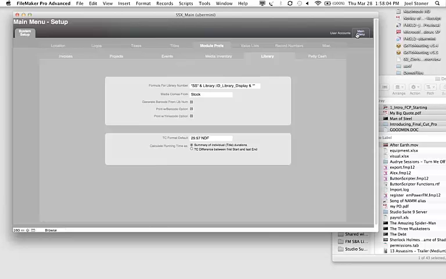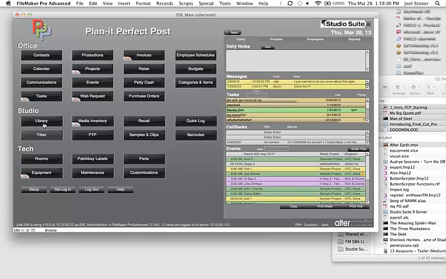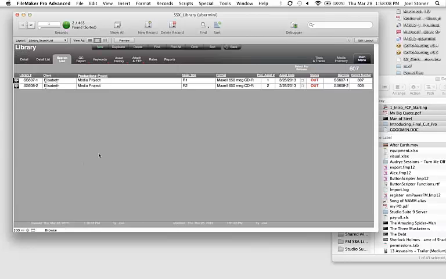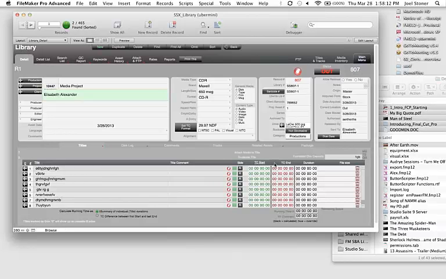Okay, so before we jump into media inventory module, I'm just going to explain that last bit because it's a little confusing. So I'm going to go to my reel. We're in the library. And the question was, how are we going to calculate the duration? The default is a summary of individual durations. So if I put in some time code here starting at 01, and I'm going to say it ends at 0120,